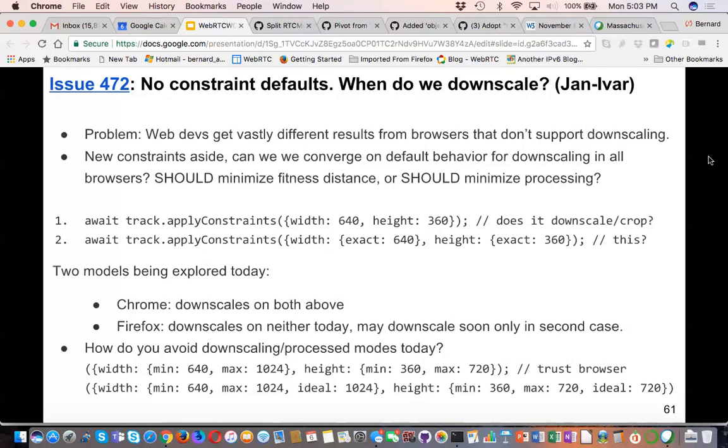The spec has been avoiding this for years. There's a should in there, but no normative must in what we should pick. The fitness distance algorithm has this last statement that we should pick a settings dictionary that minimizes fitness distance.